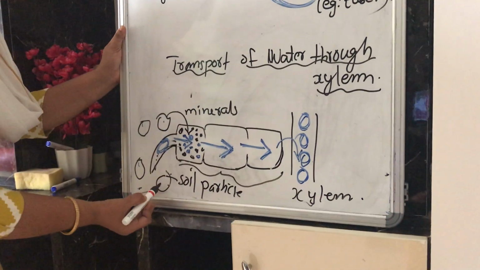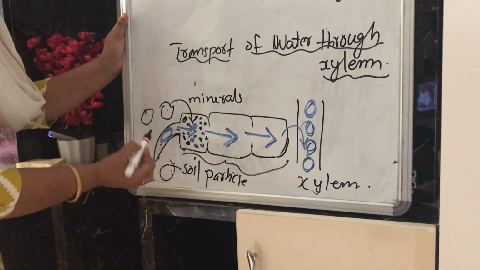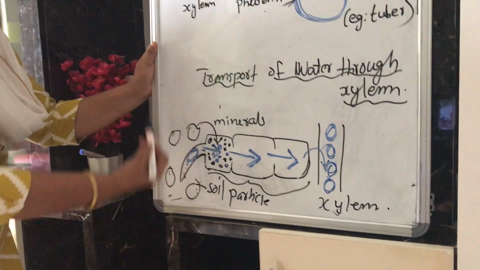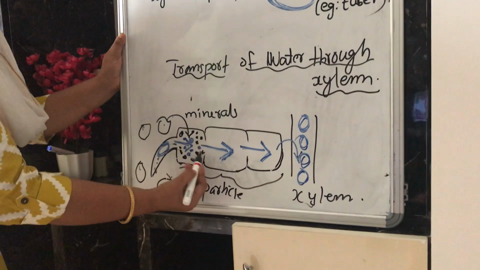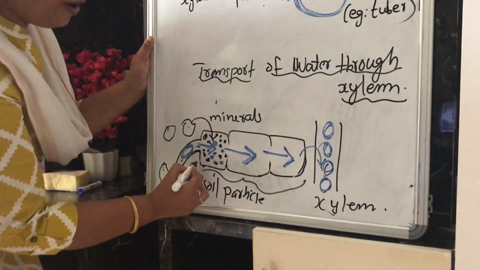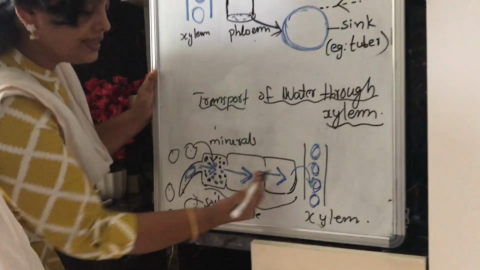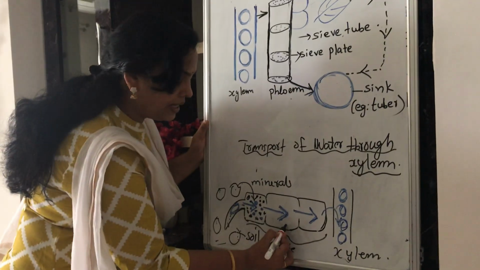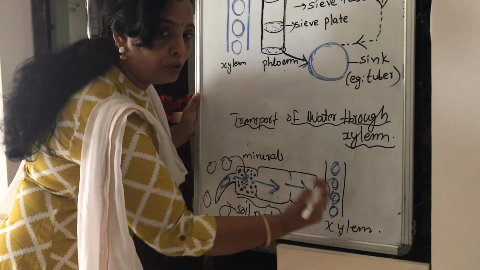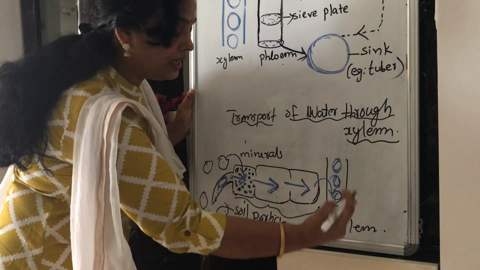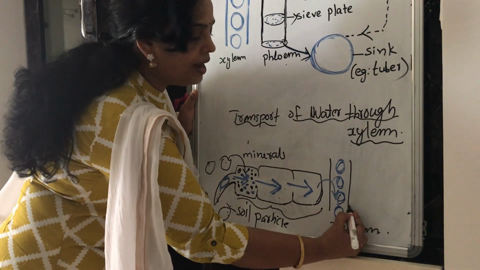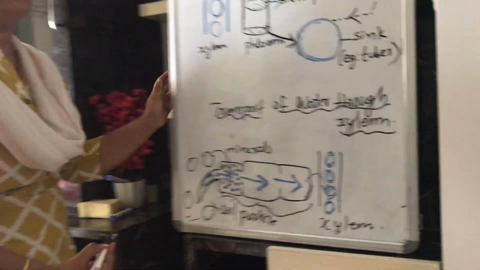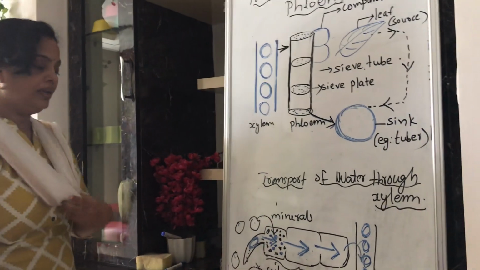Now you know that these are representing the soil particles, and this is the root hair through which the water will be absorbed, and minerals will be going through the root. From here till here it is representing the cells of the root, epidermal cell, cortical cell, and so on. I told you already that the cortex will have many cells, and at last it will reach the xylem, which forms a pipeline at the center of the plant. Yes, this we have already learned.